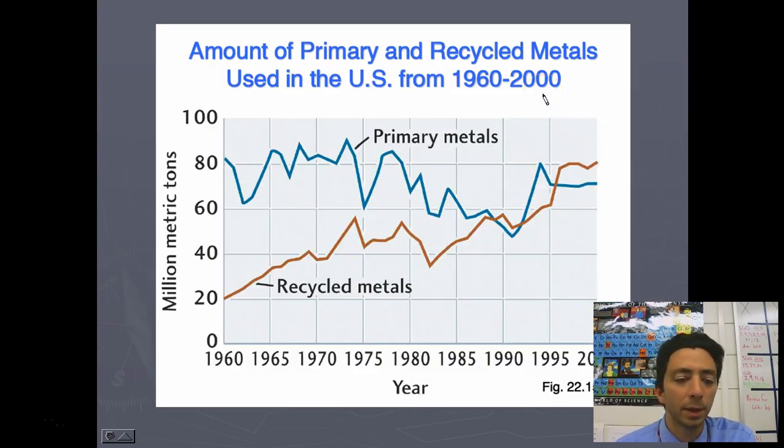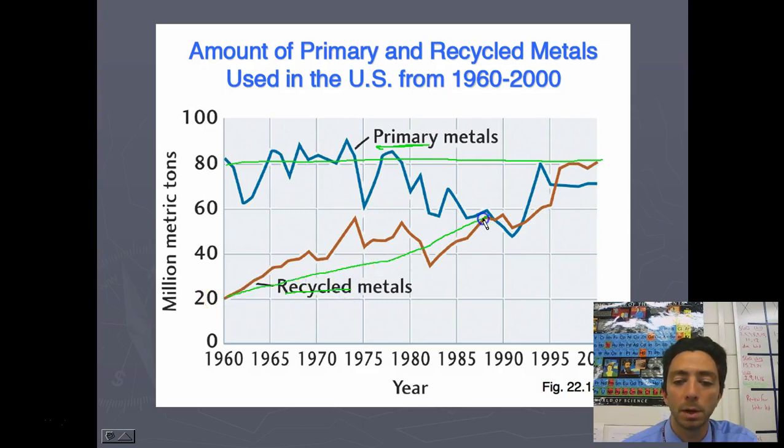This is an important graph to look at because it gets at where these are going. And so the difference here, primary metals, these are ones that we have freshly mined and are just fresh out of the ground to be used. And you can see that over time, going back to the 1960s here, this line has stayed more or less flat, and maybe a slight downturn to it. The encouraging thing is the recycled side here. So our recycled amount of metals are increasing, and we've got a pretty steady upward trend.